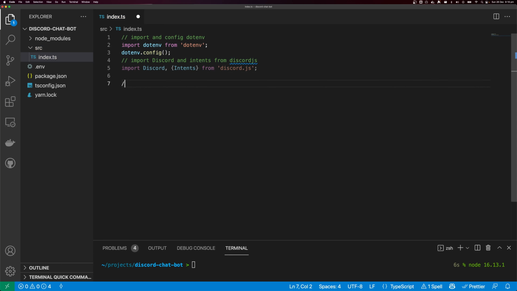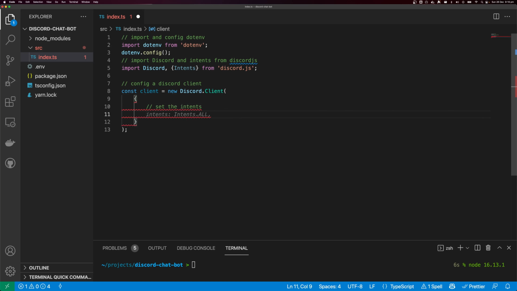So the next thing we want to do is to config a Discord client. Once client equals new Discord client, yeah. We also need to put some parameters in here. So I'm going to say, yeah, set the intents. It's telling me here what I want to do. Intents.all. No, I don't want to set intents.all. I want to set guild and